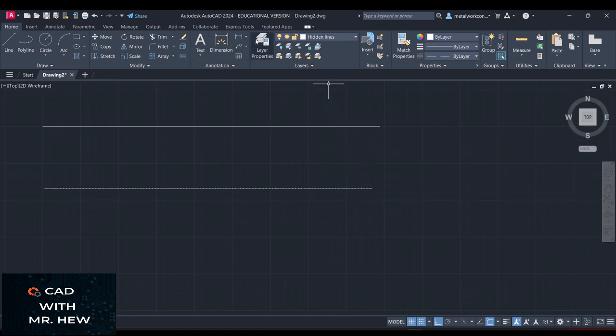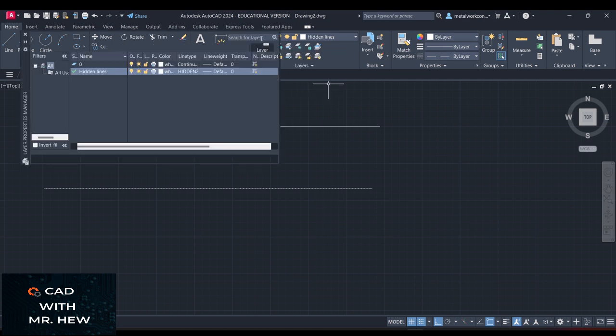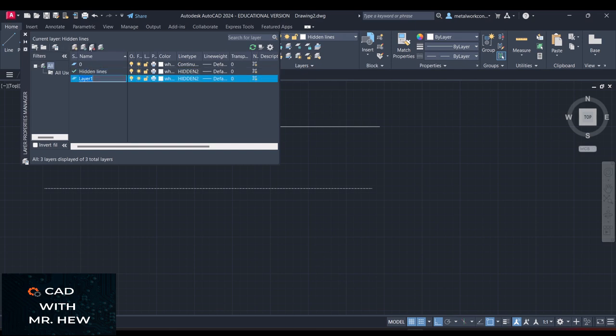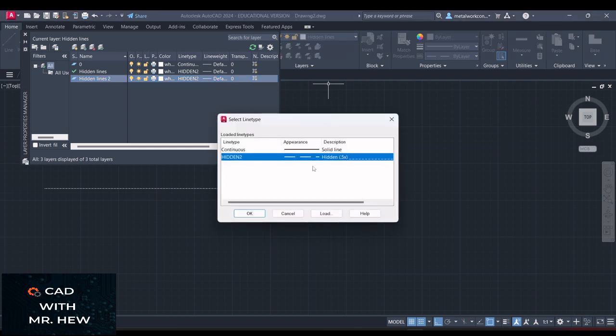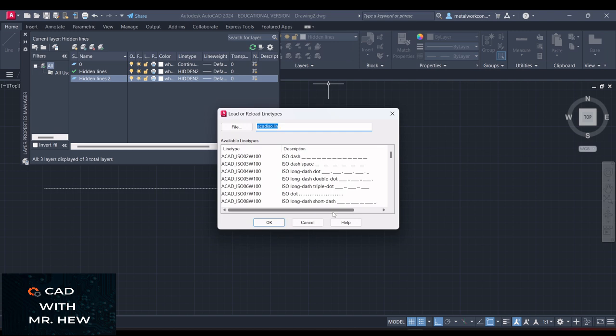So let us repeat the process. We're going to want one which is the spacing is large, all right. So we're going to go back, press new. We're going to call this one hidden lines 2. You can give it any name that you want, and then now we're going to come here to the line type. I need a different one, so I'm going to load. I'm going to look for the one that I want,